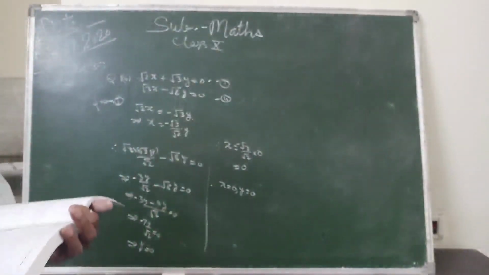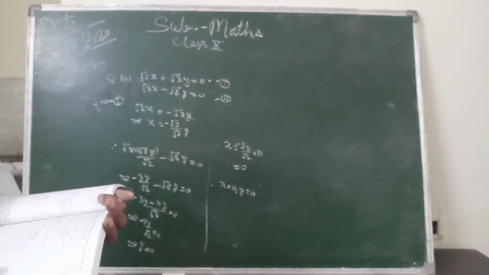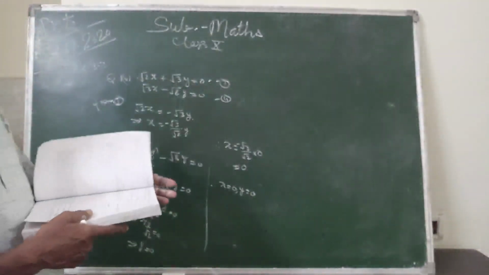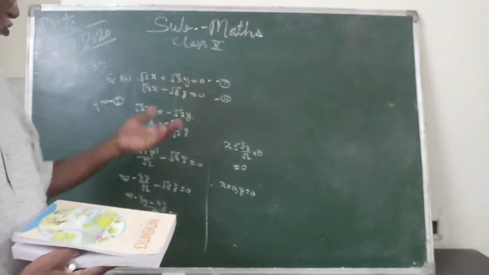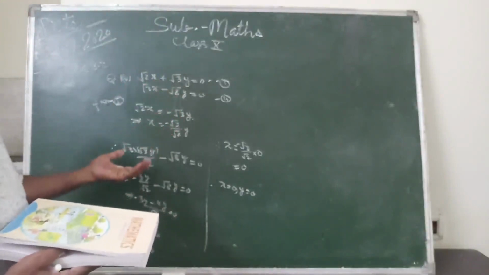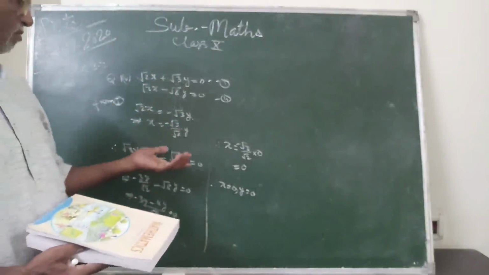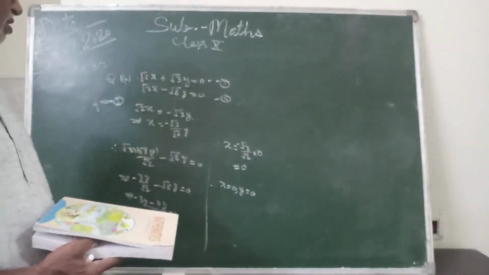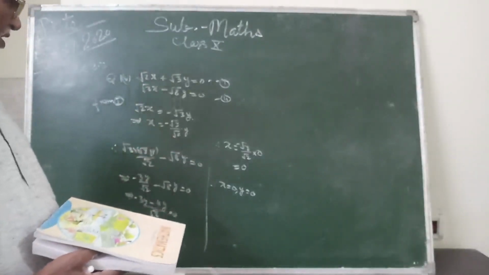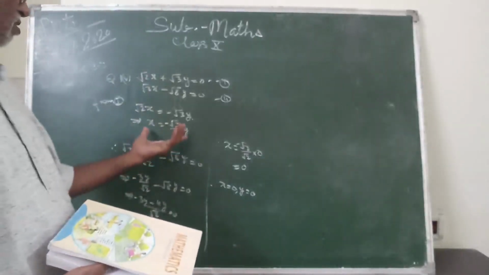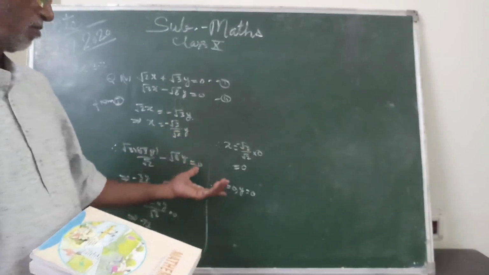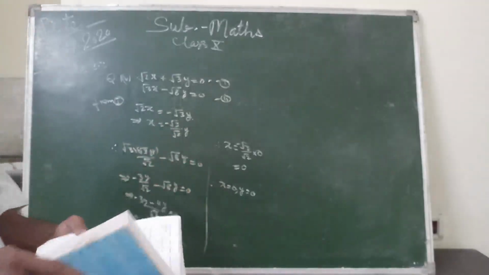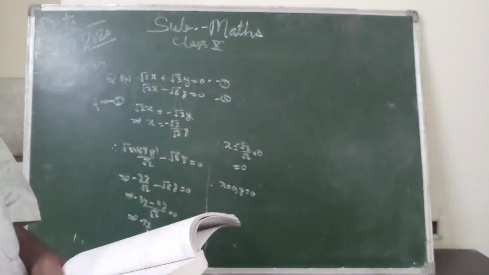So in the substitution method, obtain the value of one variable, say x, from equation 1 and substitute for x in the second, then the value of y or the other variable will come. Then by applying that value in the value obtained in equation first, we get the value of the other variable. This is the method of substitution.